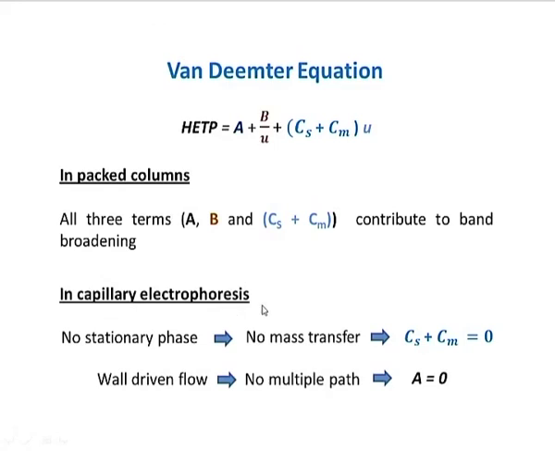If one takes a capillary column, as you can also visualize, there is no stationary phase, it is neither coated inside or otherwise; the mobile phase is driven along the walls due to capillary action. In that case there is no stationary phase, and if there is no stationary phase, there is no eddy diffusion. So this A term would become 0. Likewise, because there is no stationary phase, the mass transfer term also would become 0, and hence in capillary columns the only term to look into is this second term, B upon u,